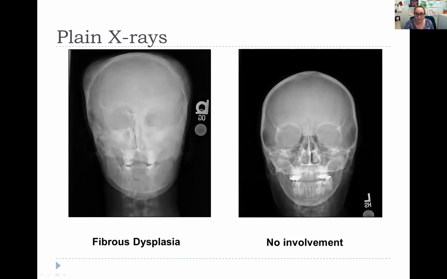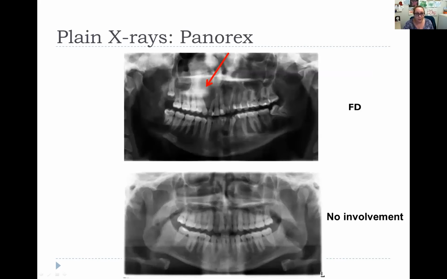So here's an example of some plain x-rays. The one on the left is showing fibrous dysplasia, and on the right, no involvement for comparison. Basically, the thing that you see on plain films in fibrous dysplasia is this ground glass appearance, which looks very fuzzy. And here are some dental x-rays, otherwise known as Panorex or panoramic x-rays, which are also helpful in